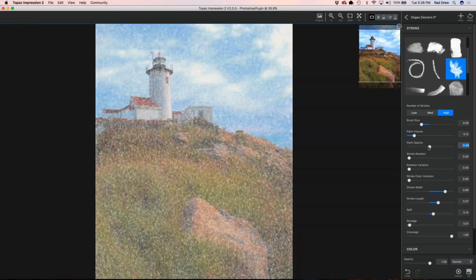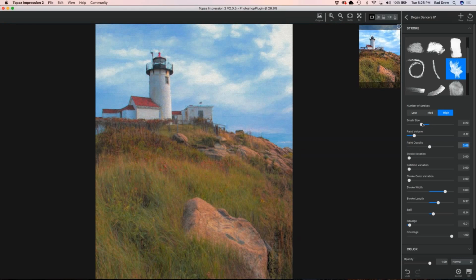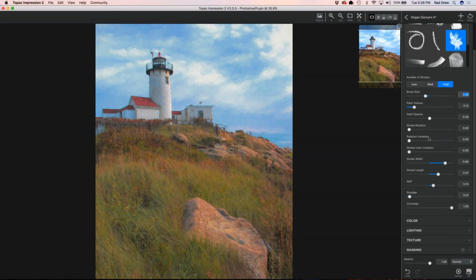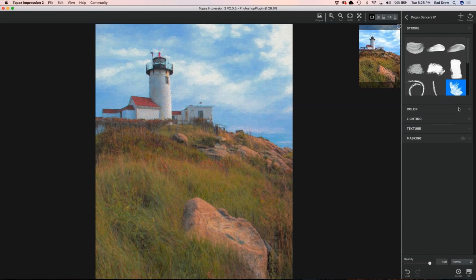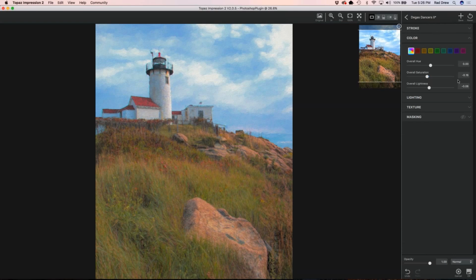So we're going to increase that opacity a little bit, and we can then fill our canvas. We can also do that by increasing our brush size a little bit. You have a lot of other variables that you can play with here, and I'll encourage you to do that. I'm not going to go into a whole lot more, but you can see how this can work for you. The next thing, I'm going to close this, collapse this, and color,